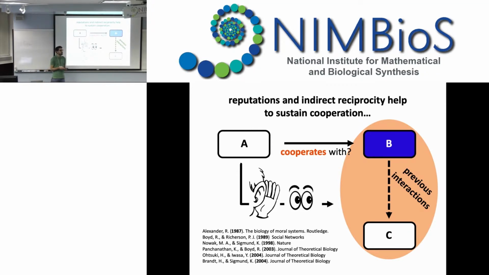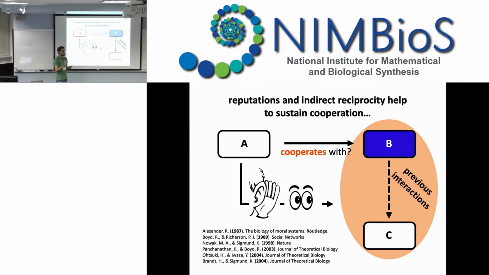So if somehow individuals can access some information about the previous interactions of their opponents, then if they reciprocate cooperation, if they reward cooperation, then cooperation can have an indirect benefit to evolve. And this is the idea underlying indirect reciprocity, which is a widely studied topic since the 80s, both theoretically and with experiments. So, there's some link between reputations and cooperation.